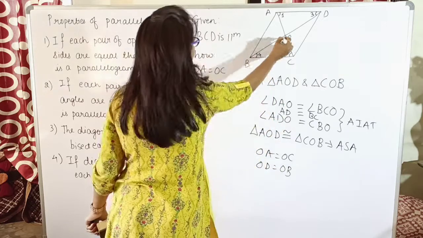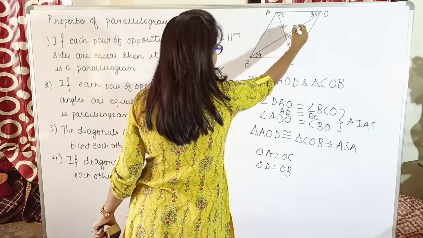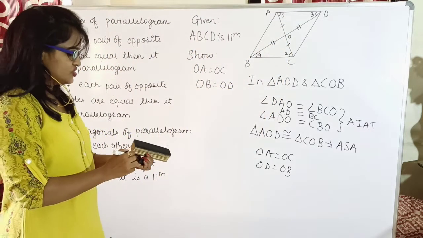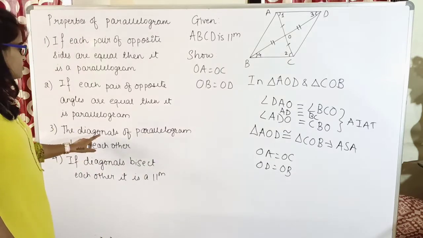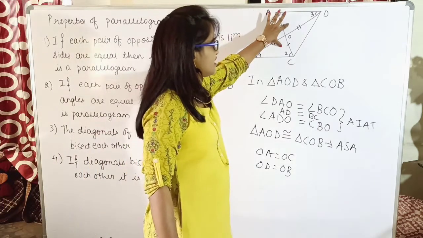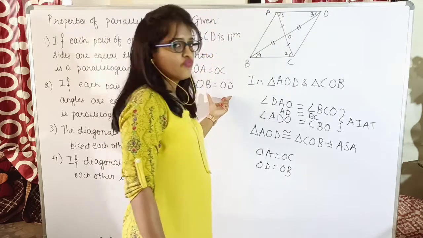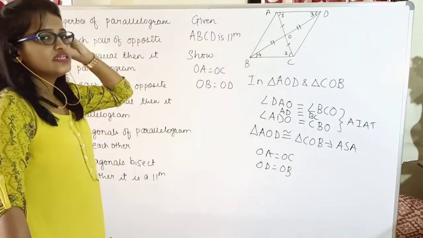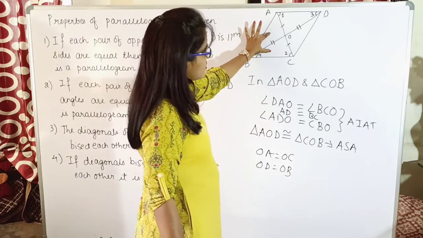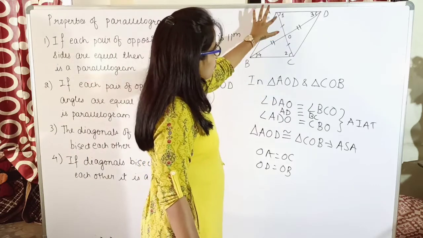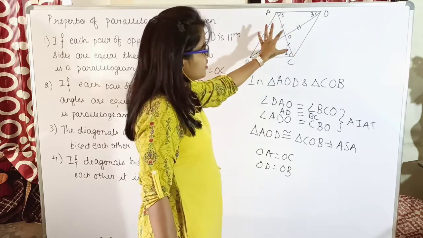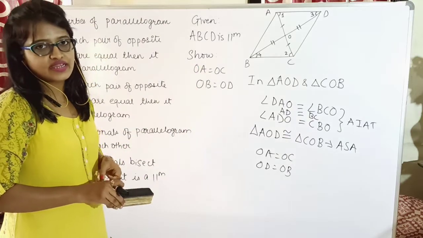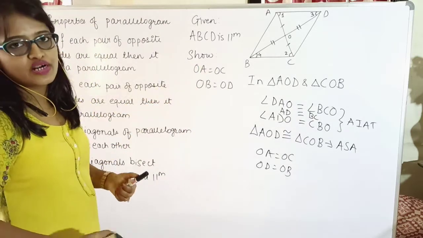What does it mean? If OA is equal to OC and OD is equal to OB, it means the diagonals are bisecting each other. Okay, so the theorem: diagonals of a parallelogram bisect each other. What we have done, we have taken these two triangles. Why? Because the sides which I wanted to show as equal are part of these two triangles, and showing these two triangles congruent is easier. If you take the other two triangles as congruent, you can show OA equal to OC, but you cannot show OB equal to OD, because in those two triangles only one OB side is present. So definitely you have to take opposite triangles so that both these sides will be part of them.